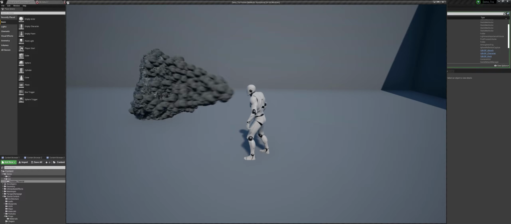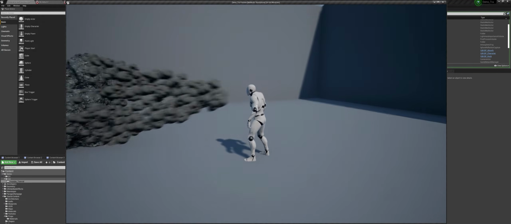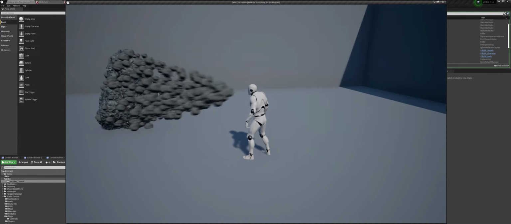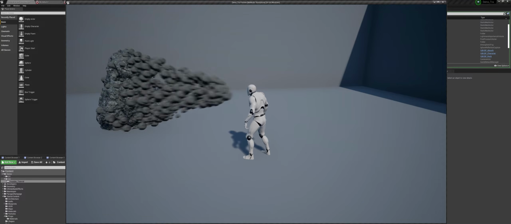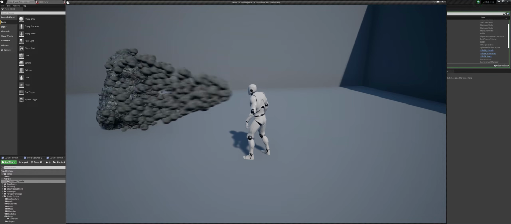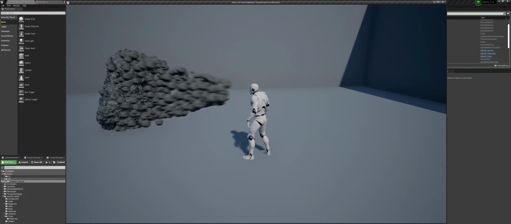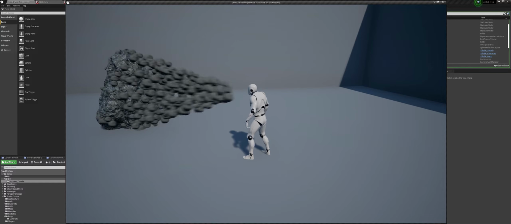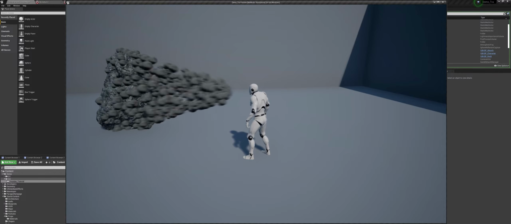Now we need to add some random rotation to these meshes, and also we need to make them small when they are near the character, and also we need to make them change color, and also we need to reduce the number over time so it looks like we are absorbing them. And we also need to make the rock very small so that we know that it is getting absorbed.